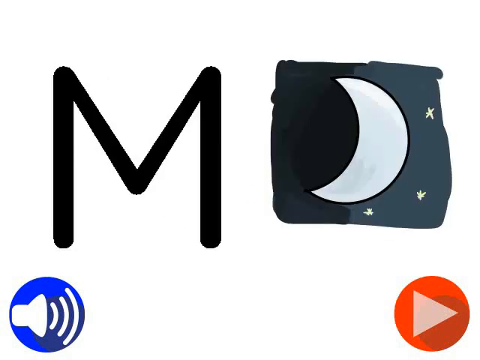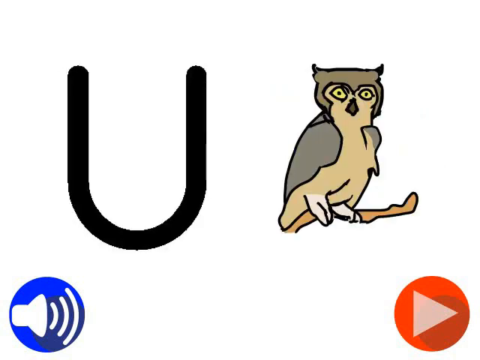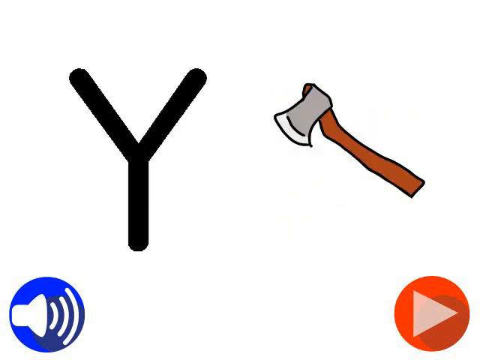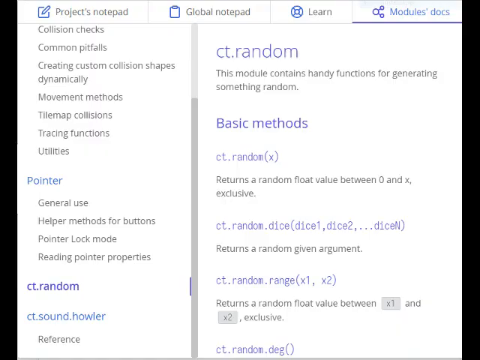That is probably not the best way from a learning point of view, so I want to have the order being picked in a random way. CT Code has different functions to generate random results. In this case, I prefer to just use plain JavaScript, which is what CT Code is built on top of.